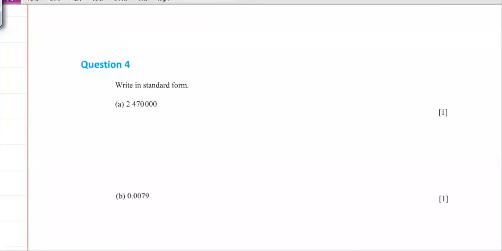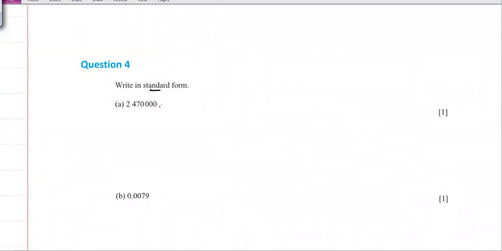The next question, number 4, is write in the standard form. Now, how can I write in the standard form? The decimal point, can you see the decimal point? No. If you cannot see it, it means it is at the end. It is here, yes. So you have to shift it after the first non-zero digit. It will become 2.47. Now ending 0, no need to write. Into 10 to the power, how many digits did you jump? 1, 2, 3, 4, 5, 6. You jumped 6 digits. So 10 to the power 6.